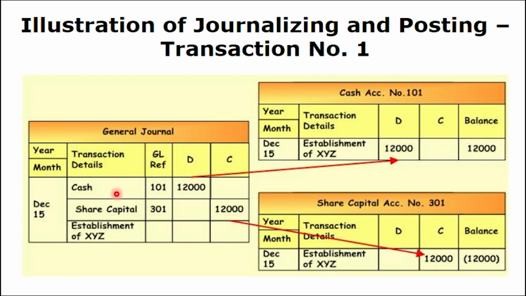So I'll just look at the share account. I look at the cash account. I see that there is a debit amount, so I take this to the debit column. Similarly, I see that share capital has a credit balance or credit amount, so I take it to the credit side. This is all I'm doing in this video: taking the amounts to the respective accounts.